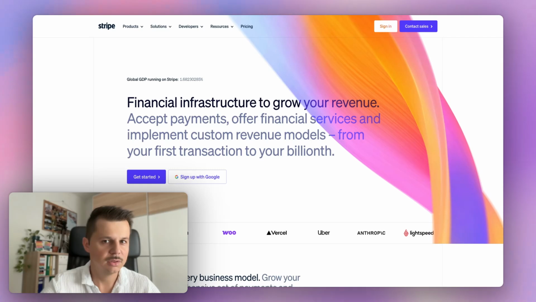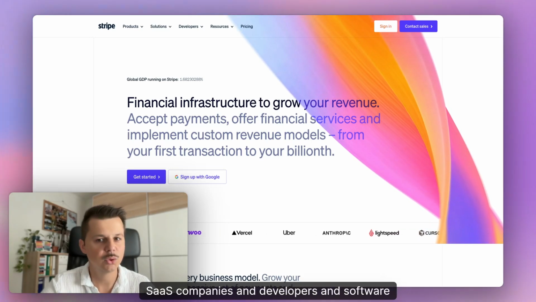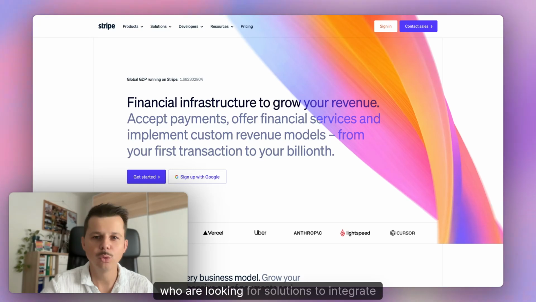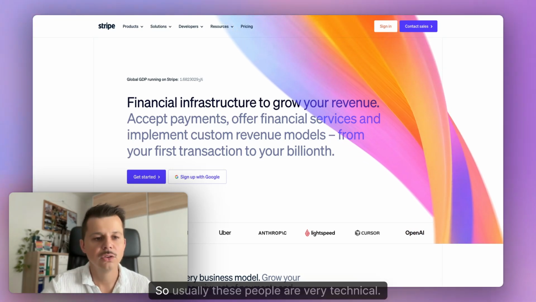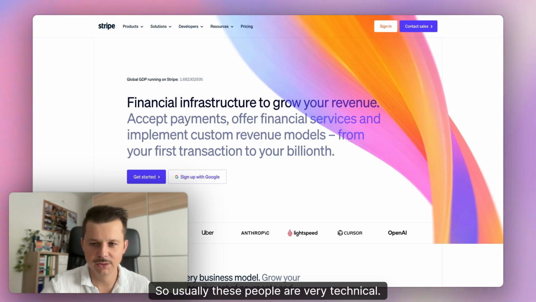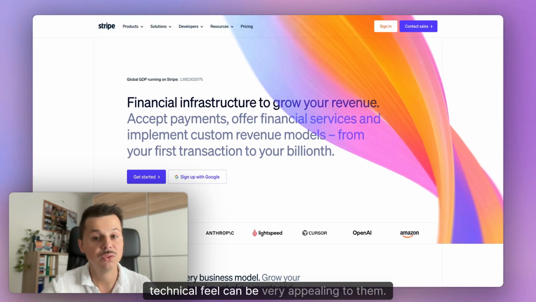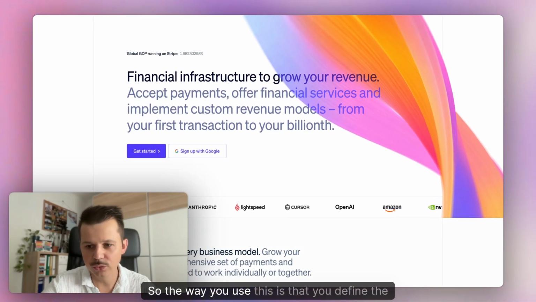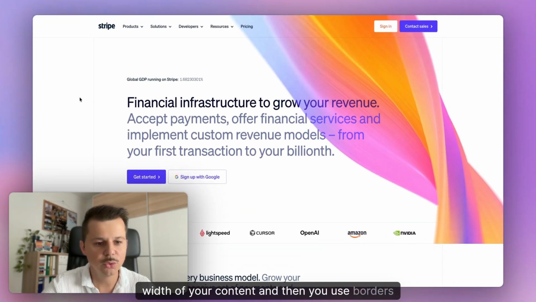So Stripe targets SaaS companies and developers and software engineers, people who are looking for solutions to integrate payments into their products. So usually these people are very technical. So using a blueprint layout that gives this technical feel can be very appealing to them. So the way you use this is that you define the width of your content and then you use borders